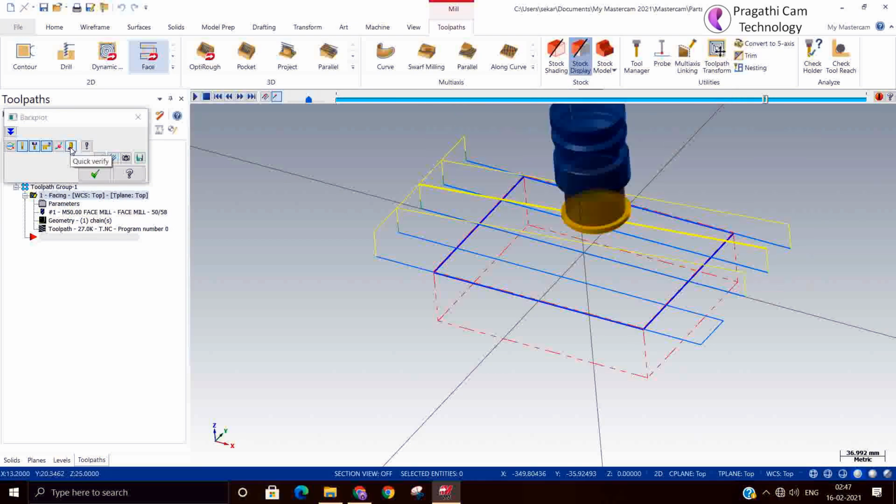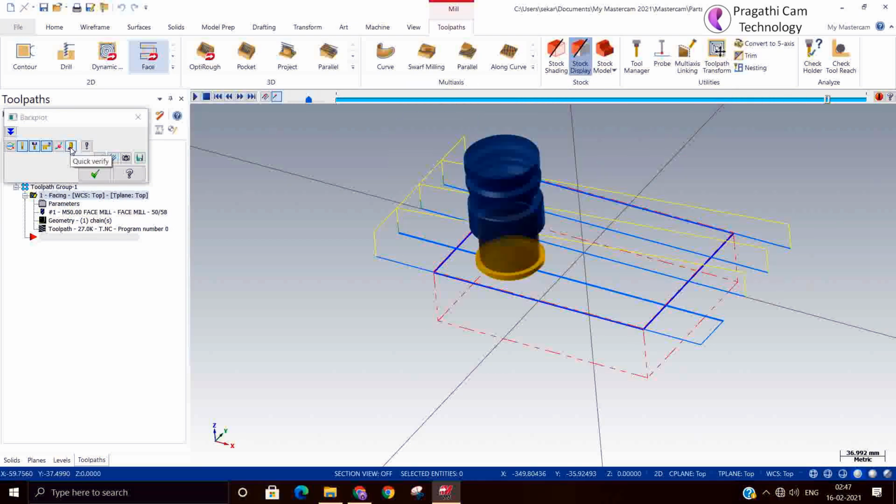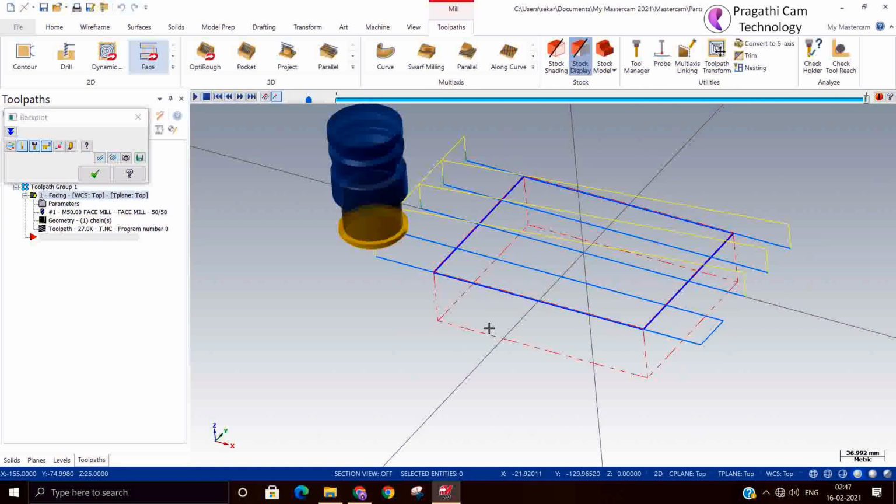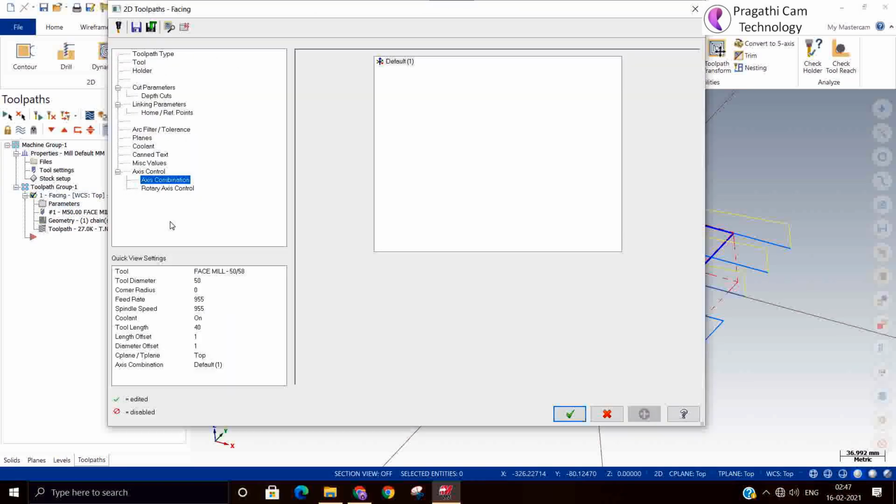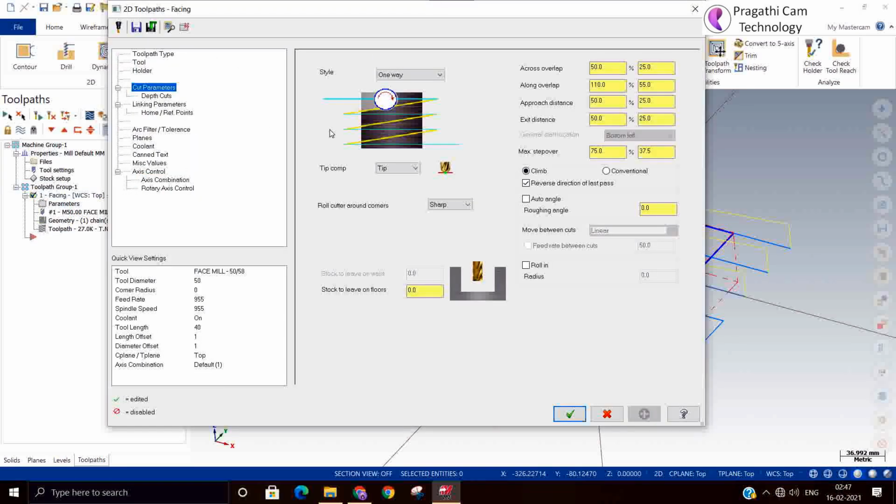This is the final finishing pass. So you can see in the last pass it is having one joint and made the tool path. So next we will see why this one-way cutting method is needed. Every time the tool retracts and cuts in only one direction. Why is this cutting method needed?